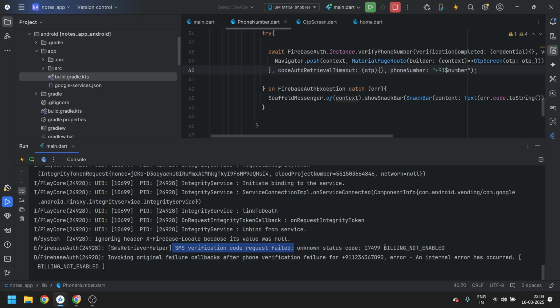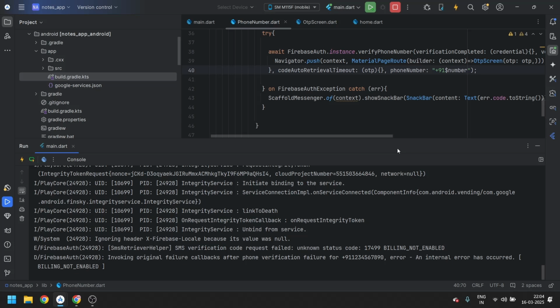Why did it fail? Because billing is not enabled. What is billing? We require a Firebase billing account to access this service of Firebase. Even though it's a free service, Firebase tells us we should have a billing account to enable this functionality.